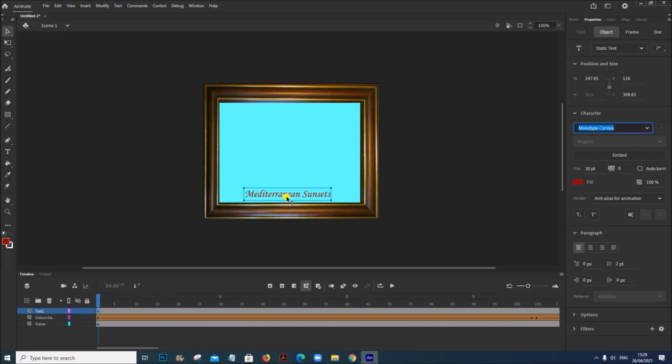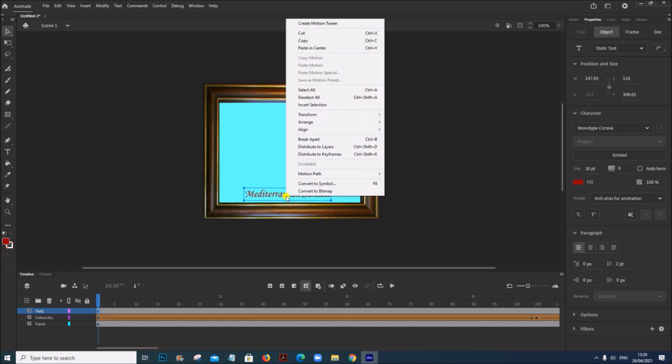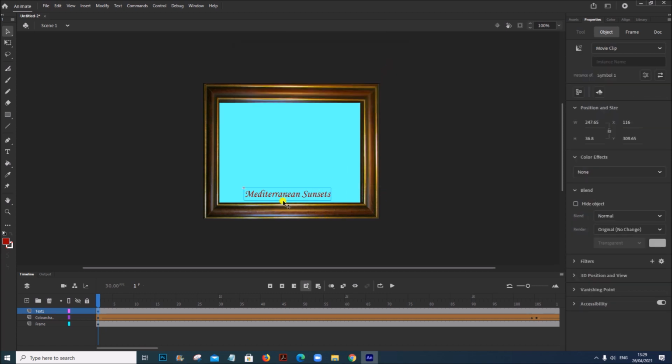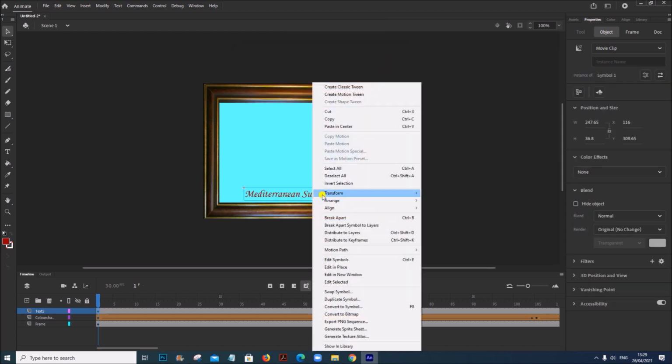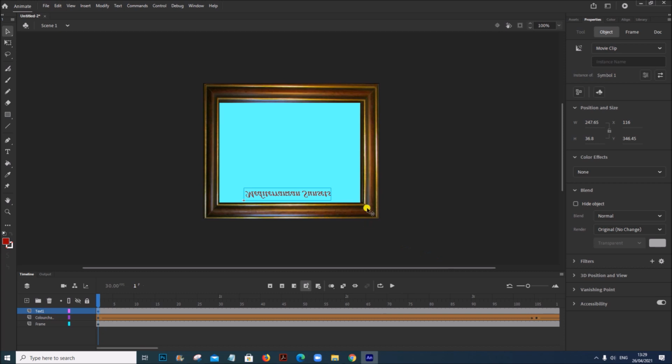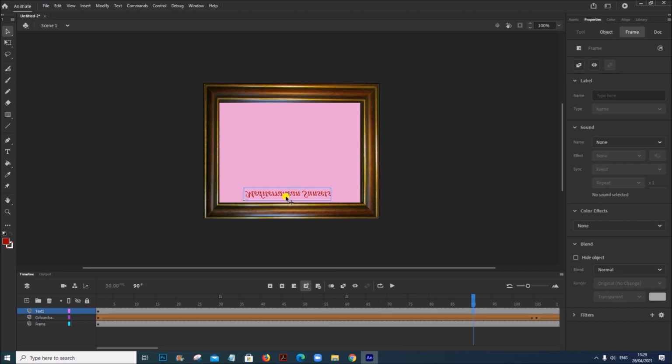So let us first convert this to symbol as we need to animate this text. So right click, convert to symbol, give OK. Now right click, go to transform, flip vertical. Now after 3 seconds, it must reach the center of the frame.